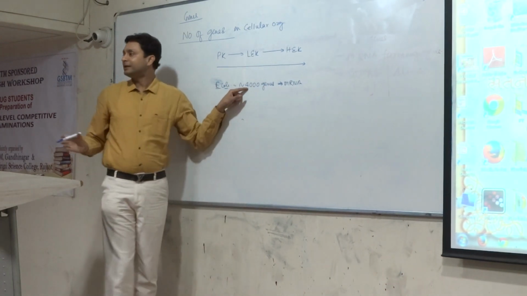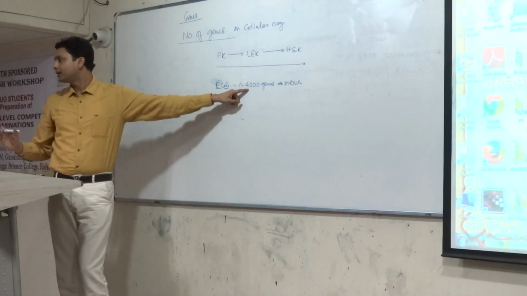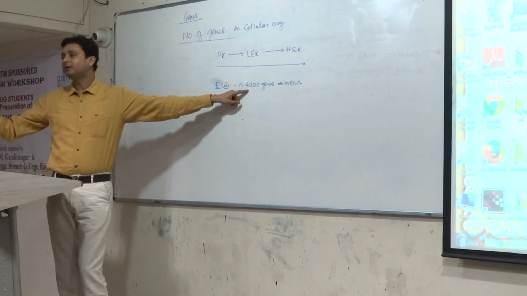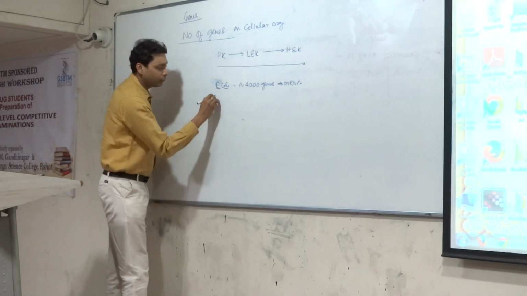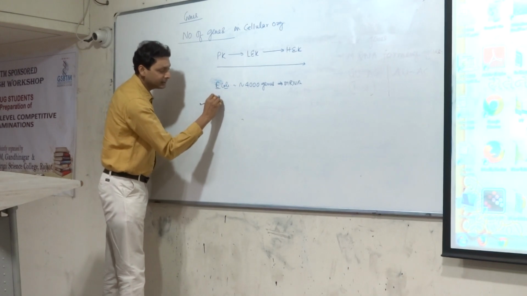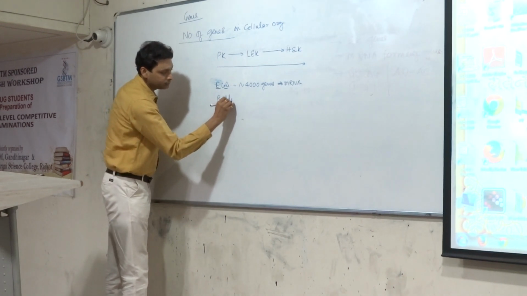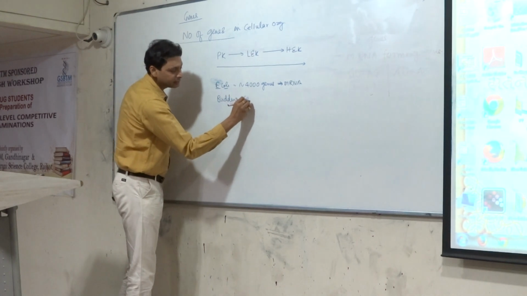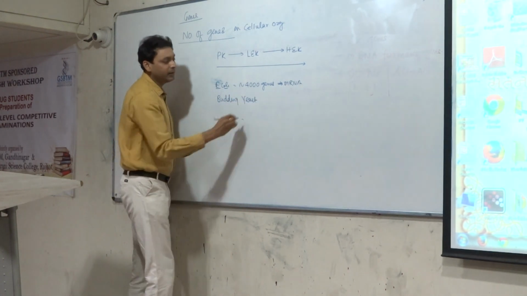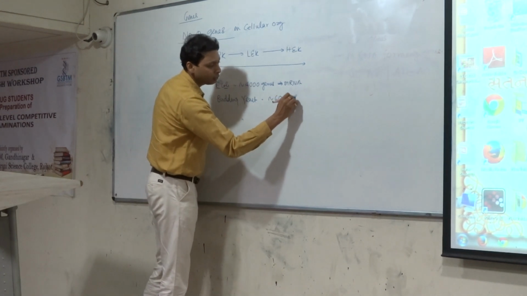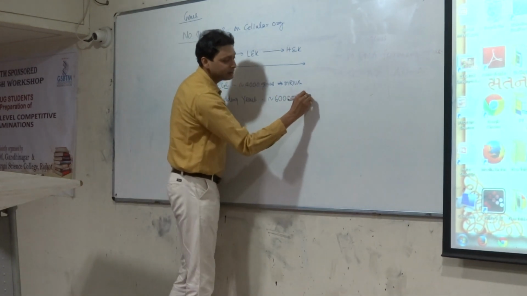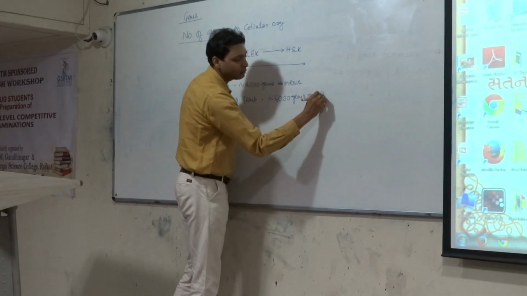Because if the gene is responsible for the formation of the messenger RNA, that particular messenger RNA will translate into the protein. In the case of the lower eukaryote, for example, if you take the case of the budding yeast, in the case of the budding yeast, you will get approximately 6,000 different genes. And these 6,000 different genes are responsible for the formation of the messenger RNA or the protein formation.